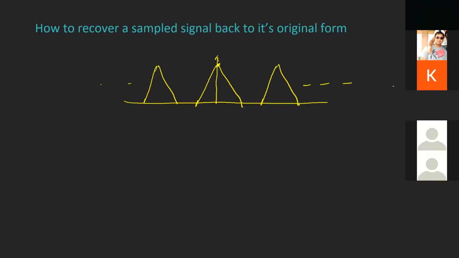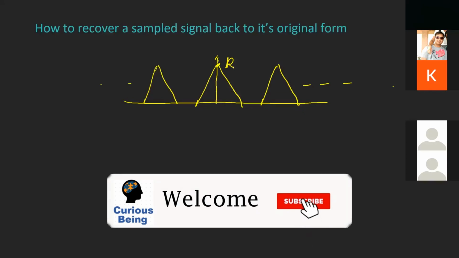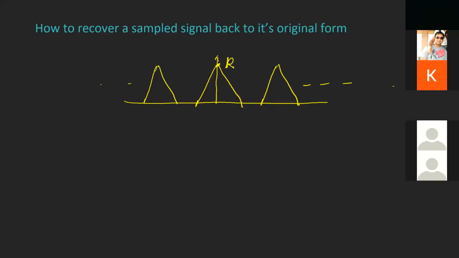So let's say the initial amplitude was 1, and after multiplying it by an amount k, this is how my speech signal looks. And now I have to play it from my speaker. If I have to play it from my speaker, I have to convert it into an analog form. To convert it back to its analog form, I have to get back something similar to this, which was the initial form.